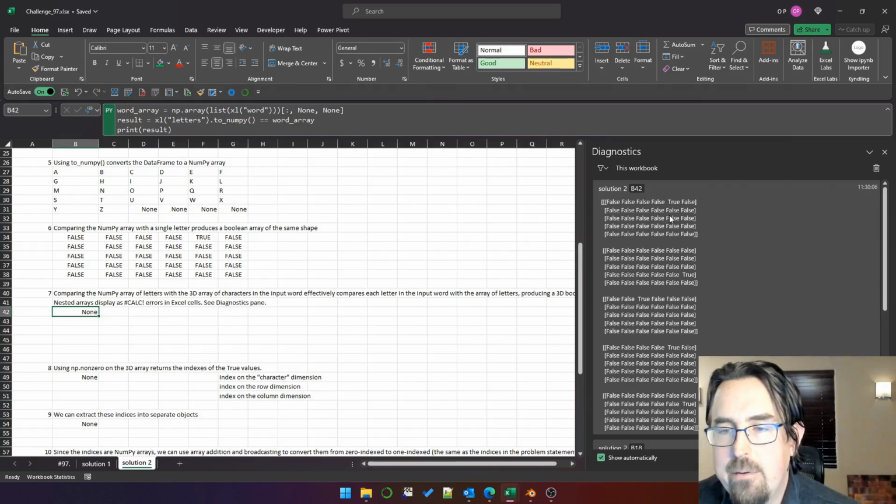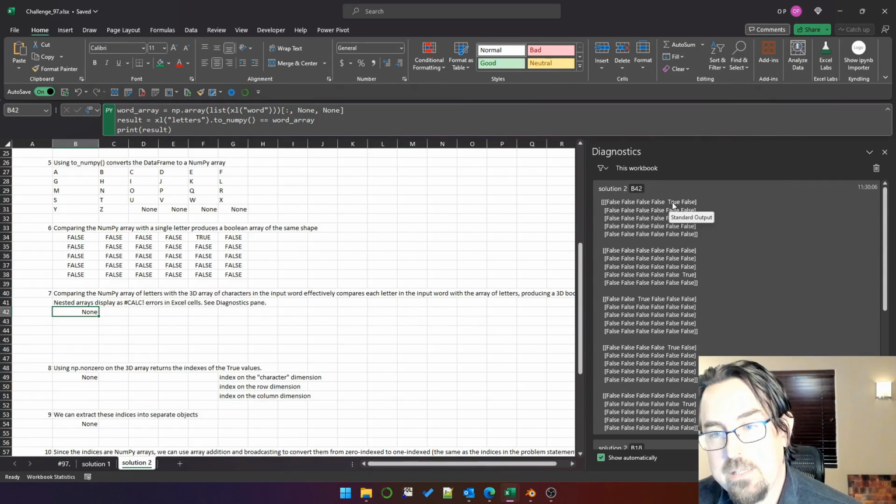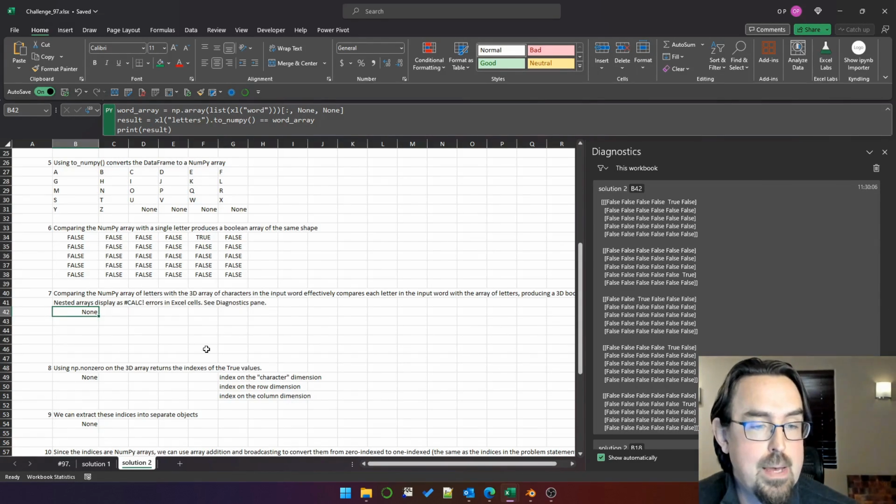Okay, here is the 3D Boolean array. There are 1, 2, 3, 4, 5 layers in this array, and each layer has 2 dimensions, and this represents the E, this represents the X, this represents the C, this represents the second E, and this represents the L. So that's the 3D Boolean array, and we're going to use that in the same way that we used it